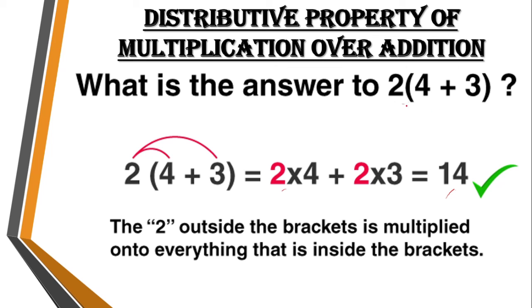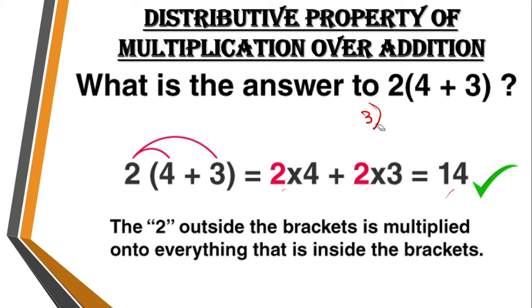So now if we do this in distributive form, it will be 2 into 4 plus 3, right? Now 4 plus 3 is very easy. So 4 plus 3 will get a single digit answer only, right? So it will be very easy for us to add. So 4 plus 3 will be 7. And 2 into 7, you know it in tables only, right? In the 2 tables only we'll know. So 2 times 7 is 14, right? So we easily got our answer. 4 plus 3 is very easy to do. And 7 into 2 is very easy, right? But here it will take a lot of time if we do in the normal form, right?